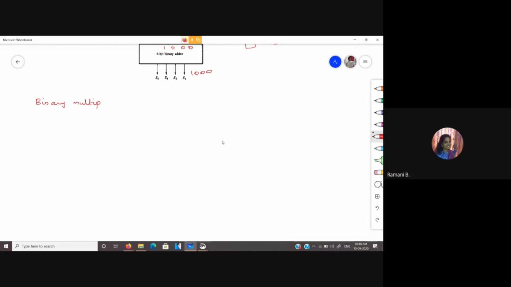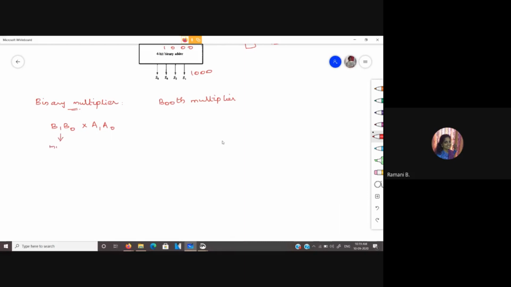Actually, you are having a different multiplier employing the algorithm called Booth algorithm. So we will be having this Booth multiplier also, but that we will see in some other class. Now we shall see the basic binary multiplier. So let us consider two numbers B1, B0 multiplied with A1, A0. We all know this multiplication of two numbers. Binary multiplication we perform the same way as we do with any decimal number. So let us consider initially a 2-bit example.